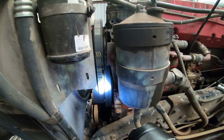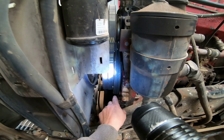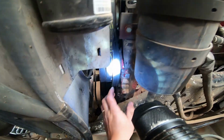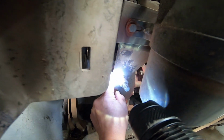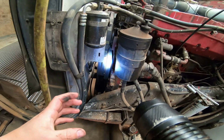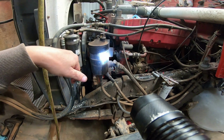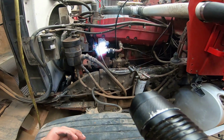But first thing you're going to do is find, on your accessory drive, there's A, B, C, and then there's also a TC16, which is in between C and A, I believe, but we don't really need that one. But then there's an indicator on the front of your gear cover, and this one's a little hard to see, but they don't have to be exactly on the money. If you get it within range, there's enough, the injector stays down for a period of time, so that's where we're going to set it. And I'll just kind of go over